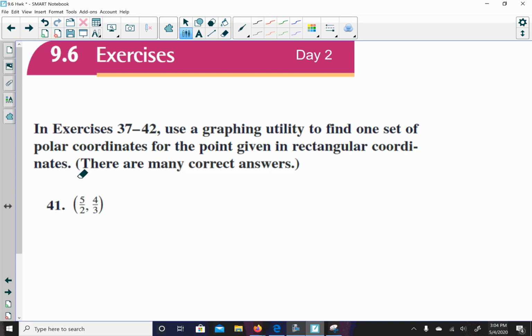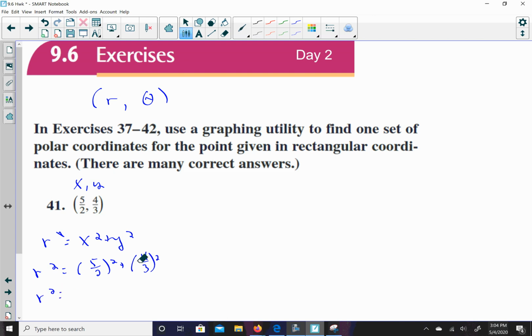I'm just going to show you how to find the most basic one. So this is my x and my y because they tell me it's in rectangular. And when I go to polar, I want to find my radius and I want to find my angle, or my theta. So remember that r squared is equal to x squared plus y squared. So I'm going to find my radius first. So I'm going to say r squared is equal to 5 halves,